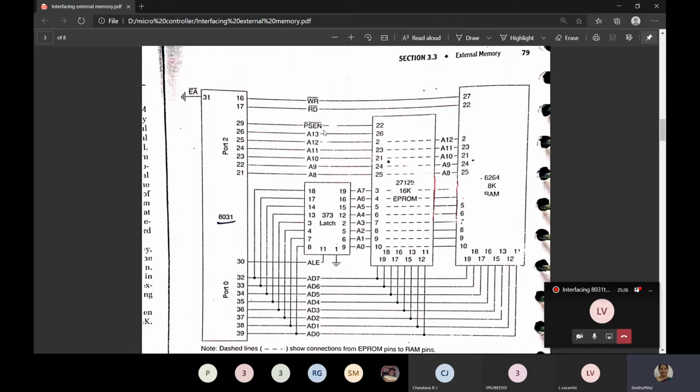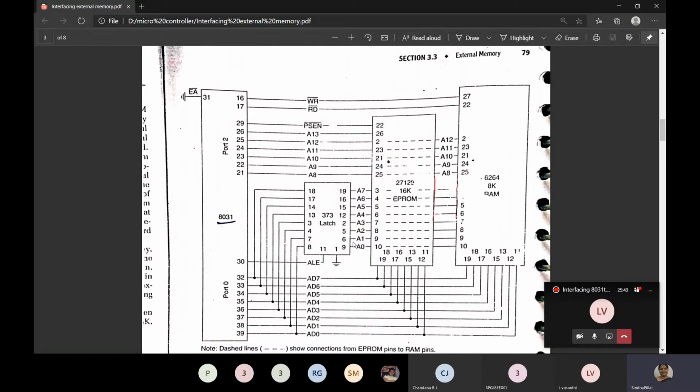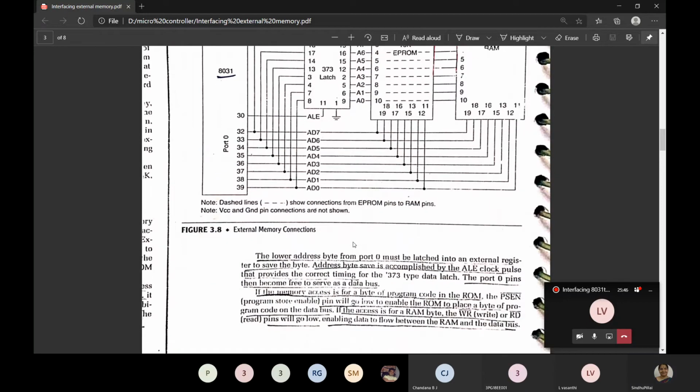Then we have PSEN, then read and write. All these are the pins that are used. So this is the external memory interfacing between EPROM, RAM and the 8031 microcontroller. Put this figure once in your notes, it will help you.